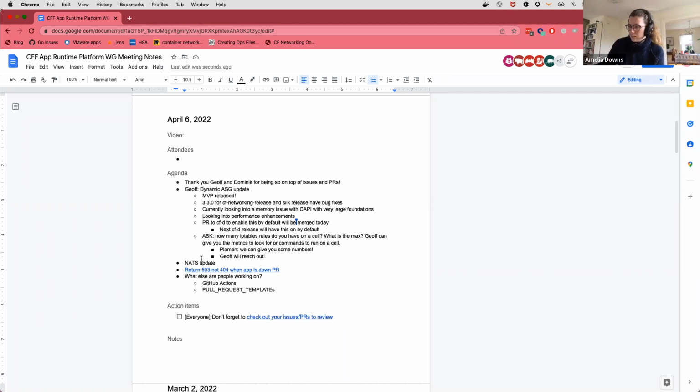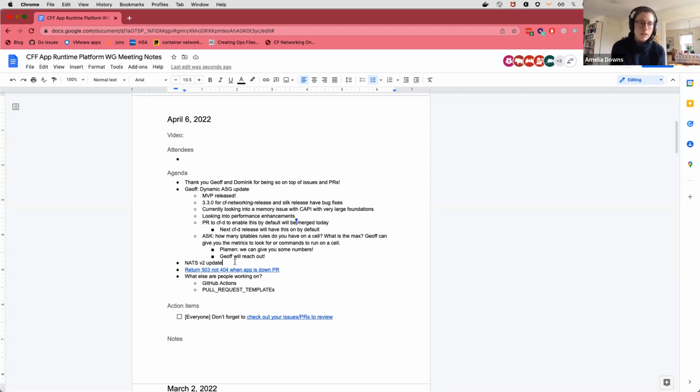I thought I could give the NATS version 2 update, right? So we're trying to upgrade to NATS v2 for some performance enhancements and of course be on a supported line. The major issue is that v1 NATS nodes do not talk to v2 NATS nodes. And so during a deploy, this causes split brain, and split brain can cause all types of failures that you don't want. So where we're at now is that we've decided the path we want to take and we're starting to execute on it.